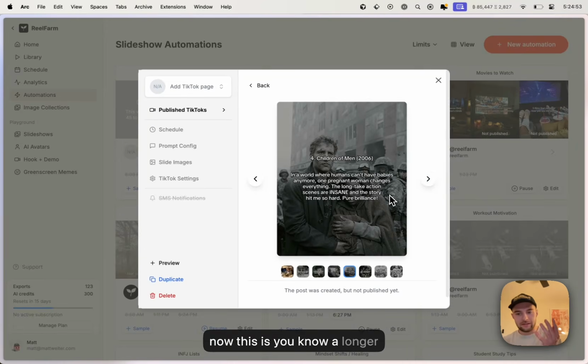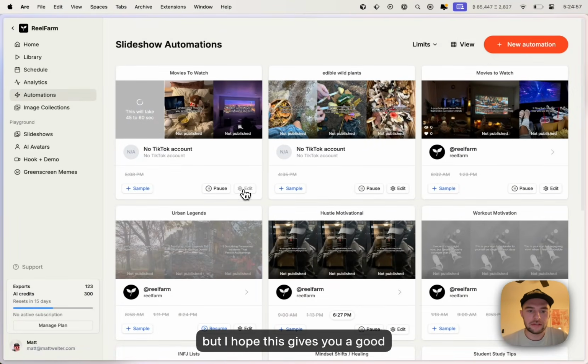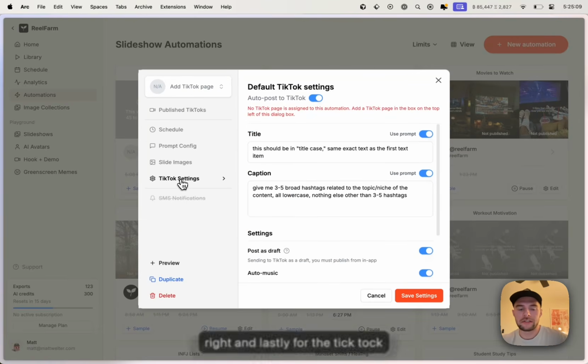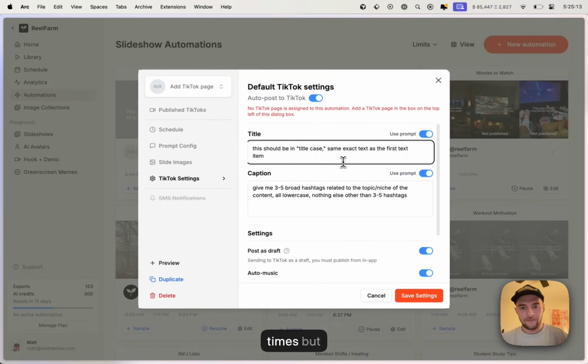Now, this is a longer video. It's almost 20 minutes long, but I hope this gives you a good understanding of what slideshow automations are, how to prompt, how to source images, and all the settings inside of the automations and how to use it, right? And lastly, for the TikTok settings, I think I said this already. I tried recording this video a handful of times, but